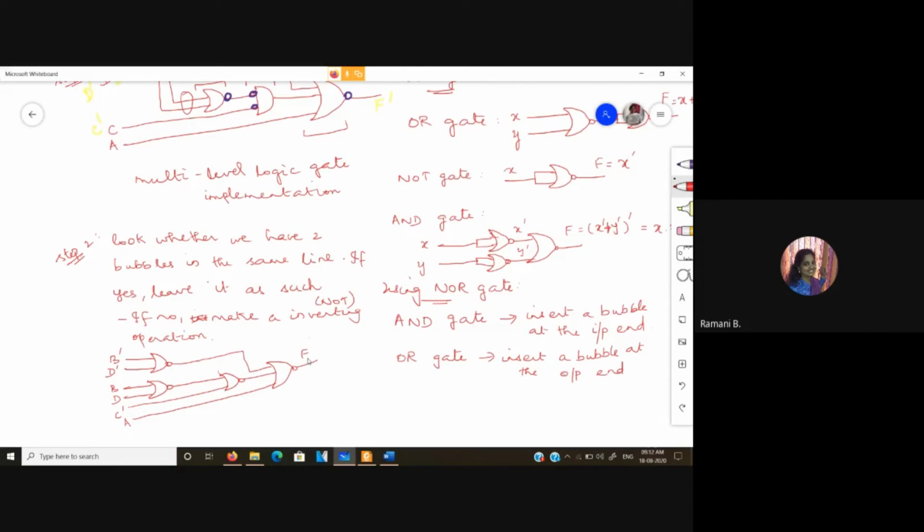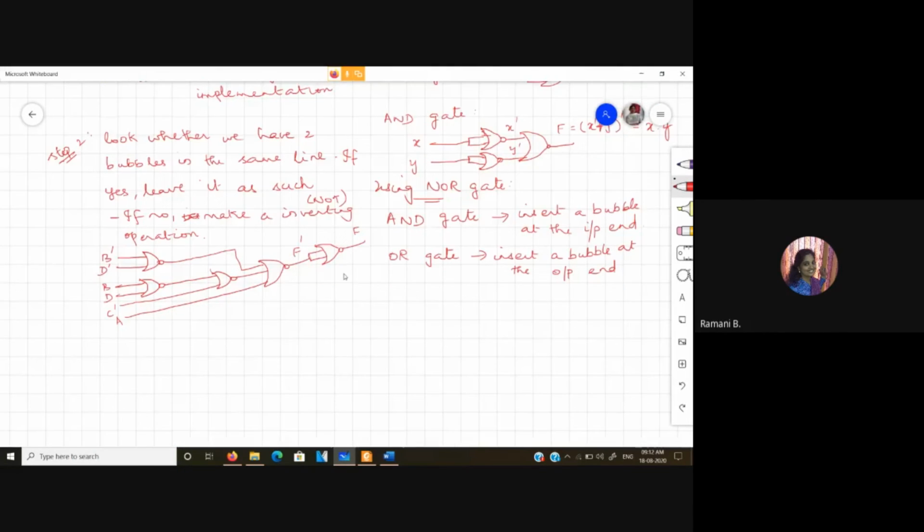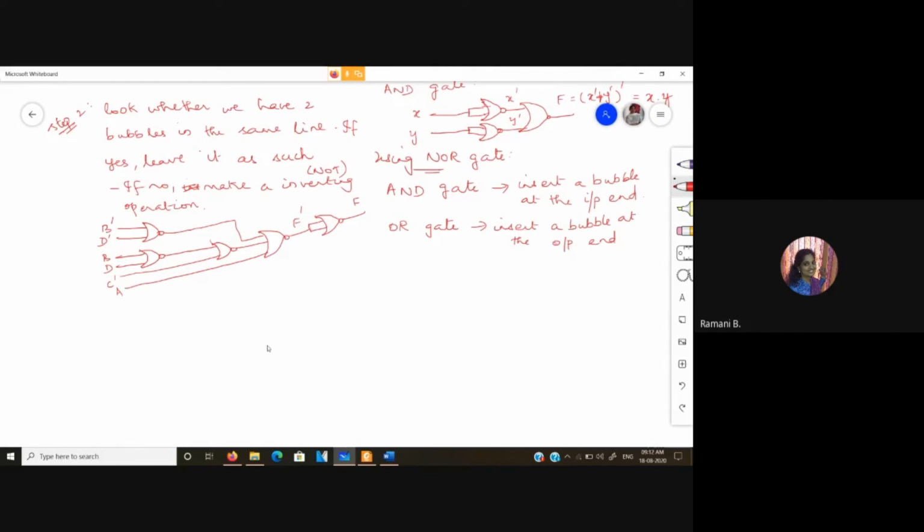This is giving me F bar, so I need to complement again to get F. So now this will be the logic diagram when you are implementing the above function using NOR gates alone. So now let us check the